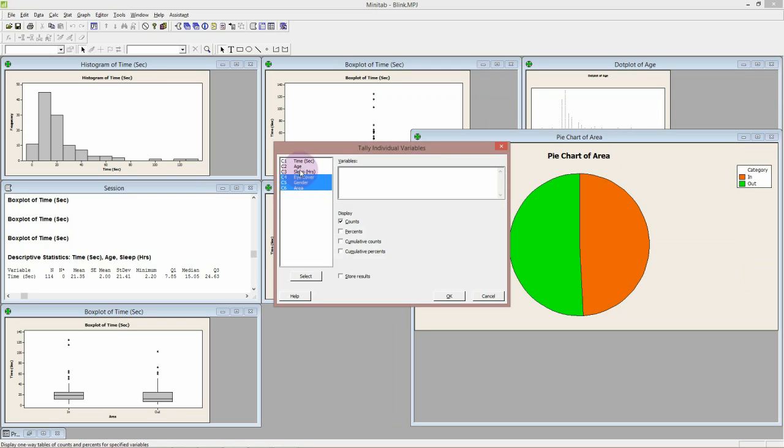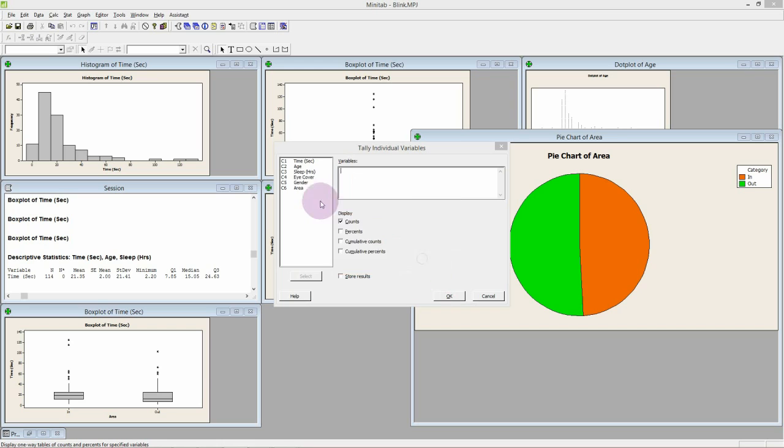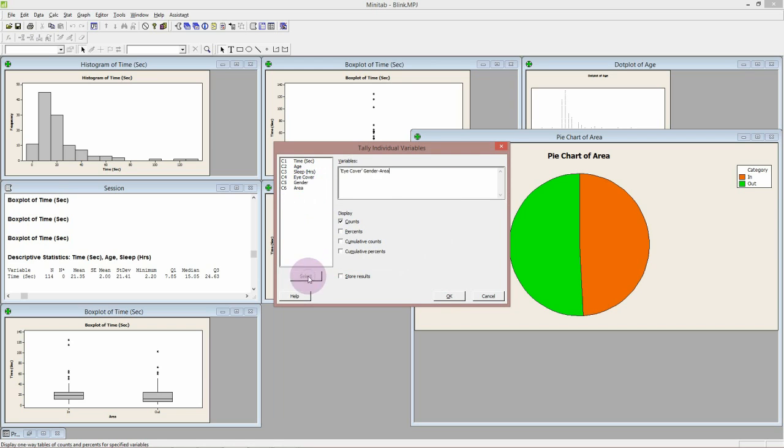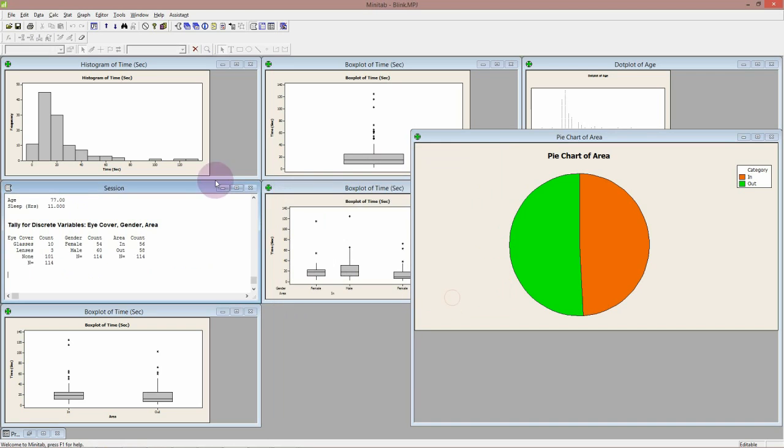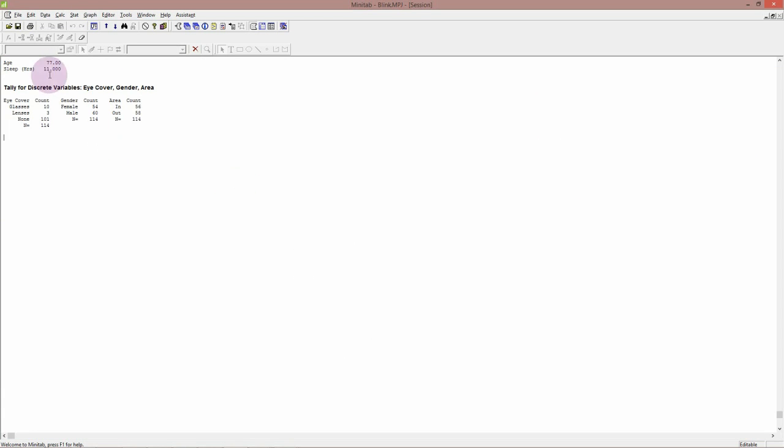We're not going to be interested in tallying up any of our continuous ones. I can show you why in a second actually if you like. Let's just do these ones first. Oh, I haven't actually selected them. Either double click them or you highlight them and then press select. Okay. So if I open up my